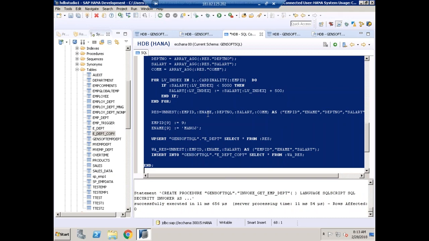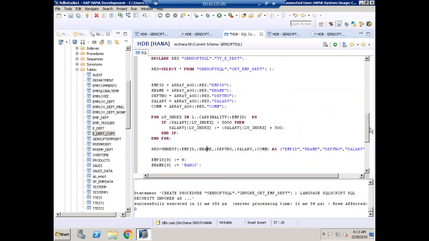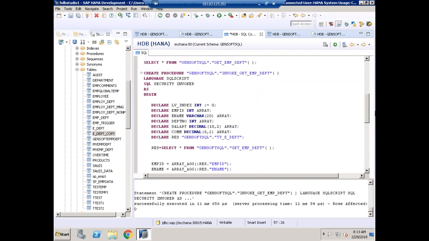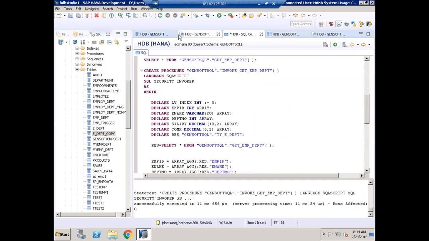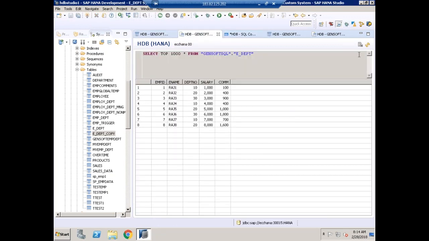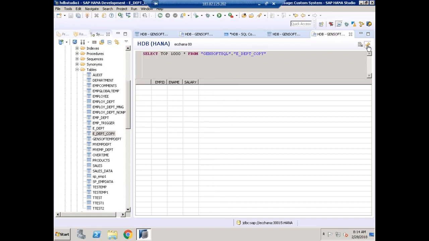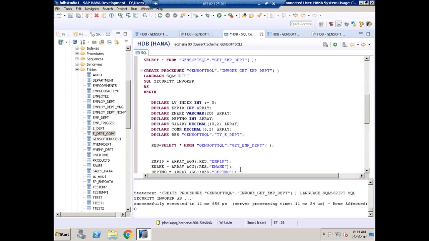Now I need to call the procedure. We already know how to call the procedure by using the call statement, and how to consume it from a web report. Before that, this is my original table. If I refresh, there's data available: 1,000, 2,000, 7,000. These are the eight records. If you see this table, it doesn't have any data. Now let me try to